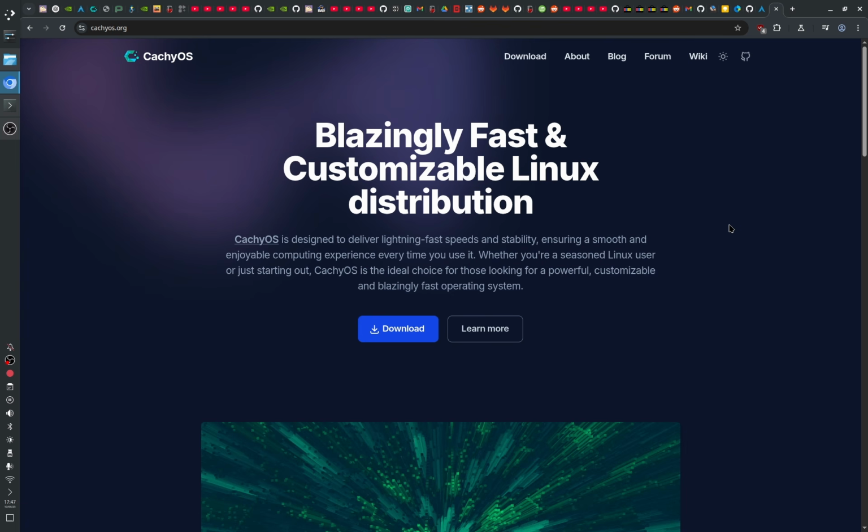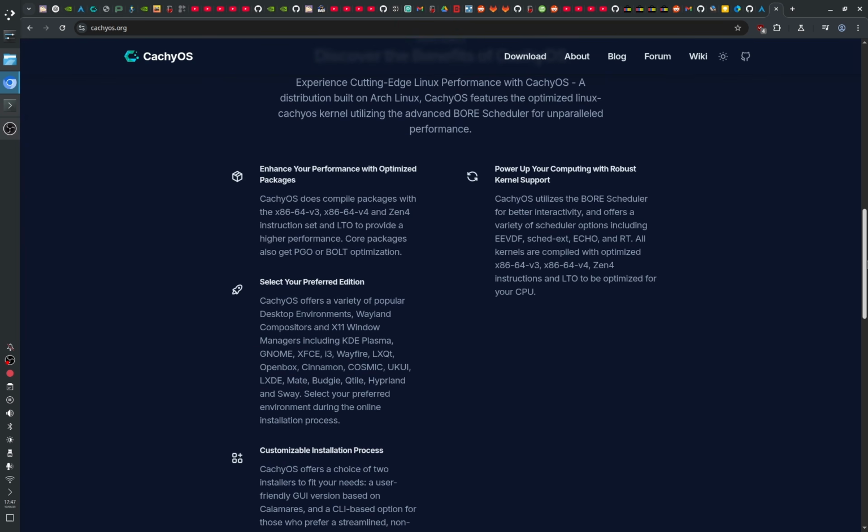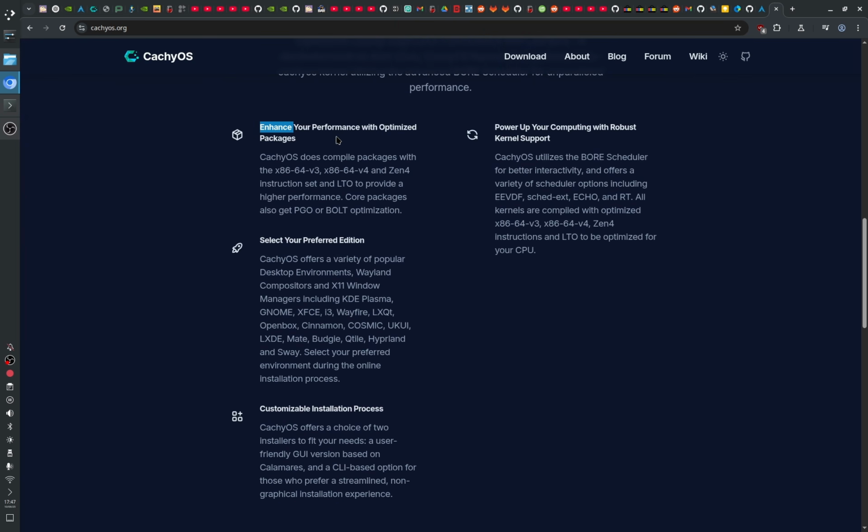So the first reason why CachyOS is the best Linux distro, we can just read from their website. CachyOS has enhanced performance with optimized packages. What this means is that CachyOS compiles packages with the x86-64 v3, v4, and Zen 4 instruction sets and LTO to provide higher performance, and the core packages also get PGO and BOLT optimization. Now, if you don't really know what this means, in very easy words, it just means that you will have